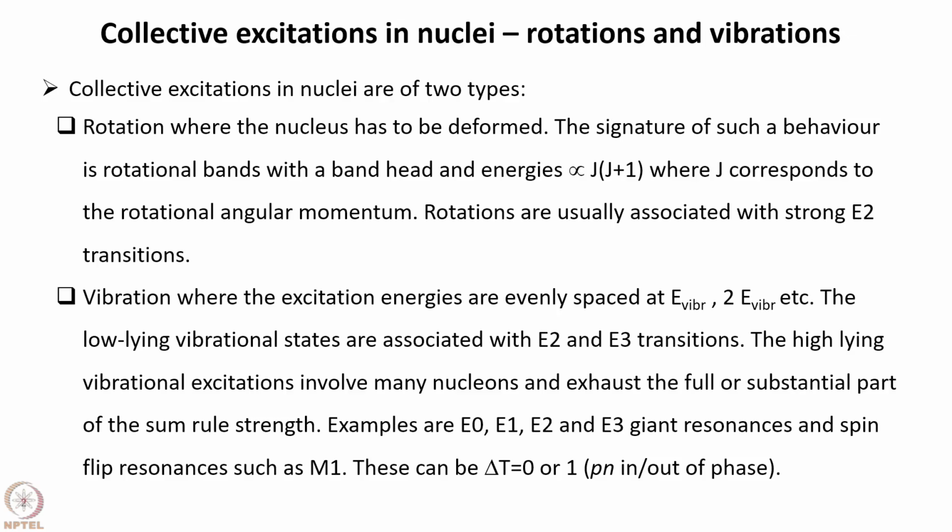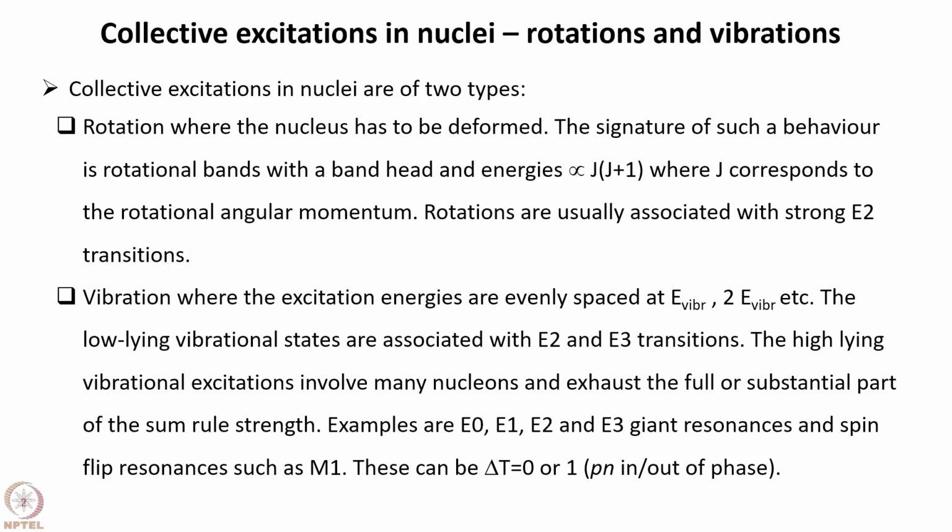On the other hand, this is not true of the E2. The E2 transitions for a well-deformed nucleus, something like an A equal to 150 nucleus, are typically of the order of 200 or so of the single-particle Weisskopf estimate. So the giant resonances, of course, are of many types, as I said: E0, E1, E2, E3,